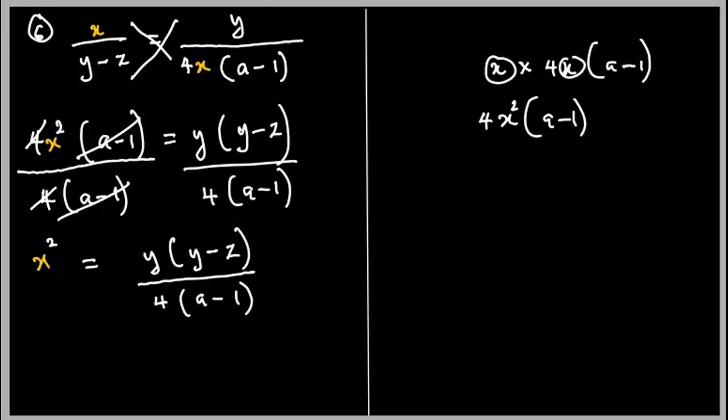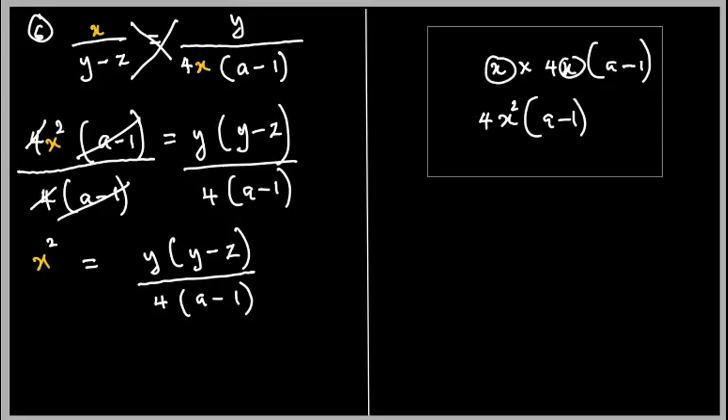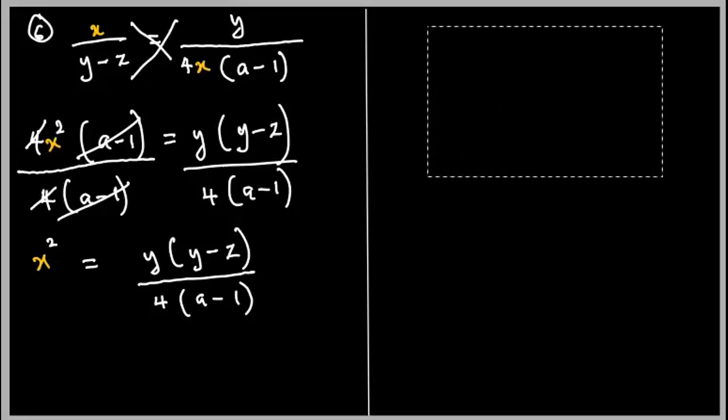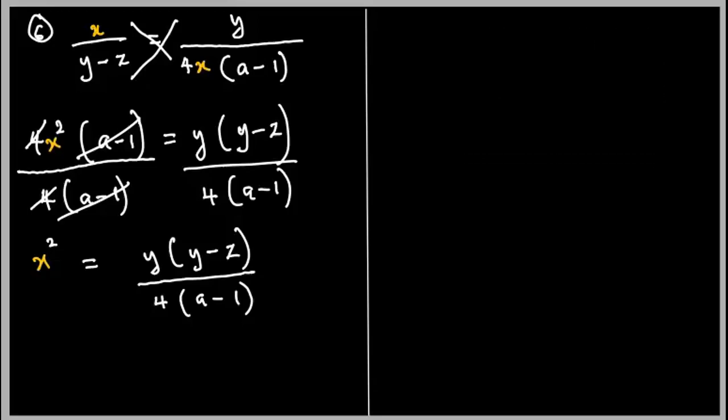I want to take out the square root. So how can we take out the square root? As you know, to remove the square, you need the square root. And so we then have